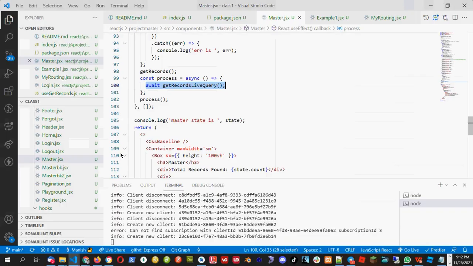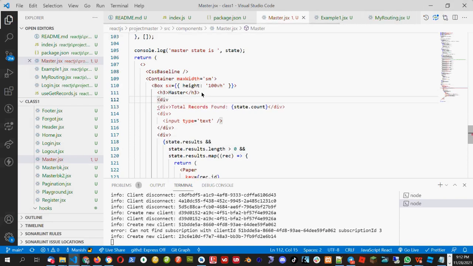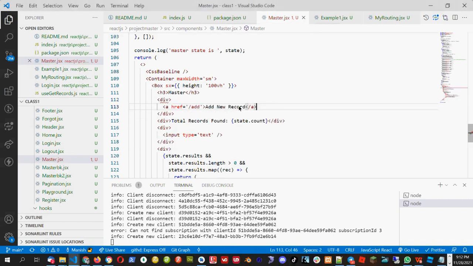Let me show you the problem first and then we will see the output. Below this master, I will give the link of the add button. Generally you can give the link using the a tag, href equal to, I can say /add. I'll say add new record. I can totally use this a tag,